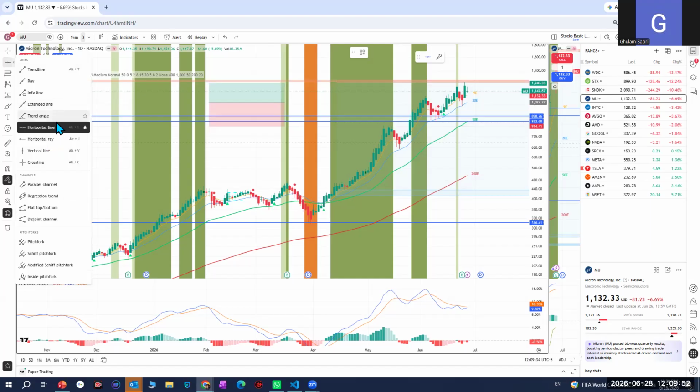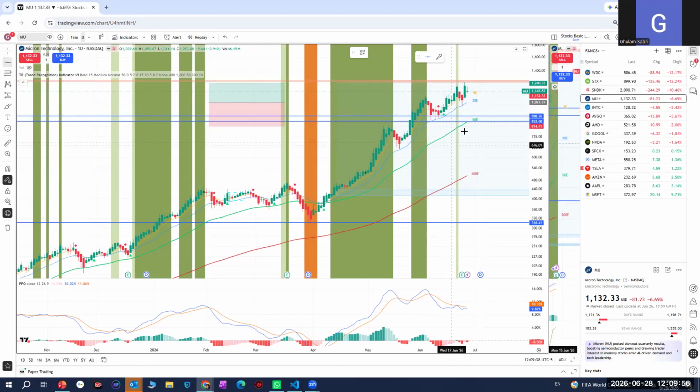So I drew these lines as a support, an apparent support. Because when you come to this zone, for example, multiple times it found support here, and this is also a key moving average. So even if Micron breaks down, in all likelihood it will find support here. It will not come down below this line. So those were just the lines I drew to give an example of how to draw the two lines. Okay,